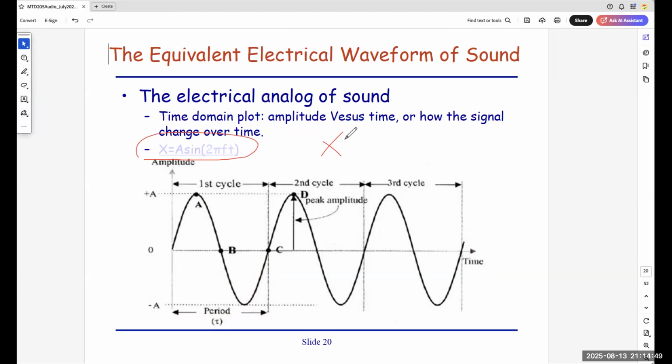This whole signal is called x. It equals the highest amplitude, called A, and it's a sine wave. This sine wave means that in a mathematical sense, it will repeat, up and down, up and down. We don't talk about 2 pi first. It's represented in terms of the x-axis, called t.